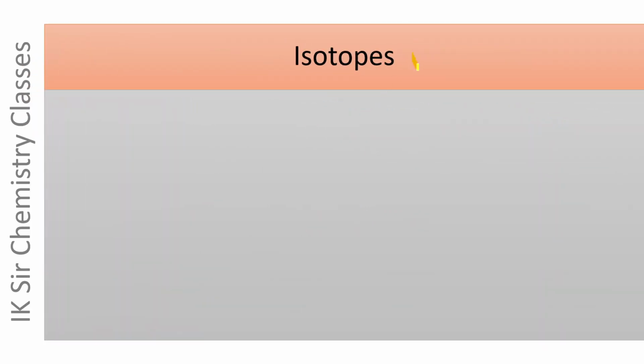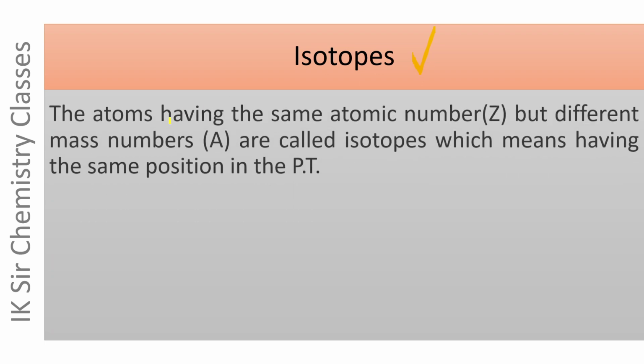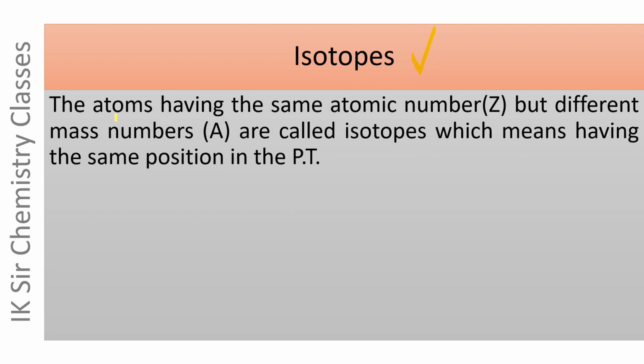Now the term isotopes. The atoms or the nuclides having the same atomic number Z but different mass numbers, that is A, are called isotopes. And isotopes means having the same position in the periodic table. The nuclides having the same atomic number but different mass numbers are called isotopes, and the isotopes have the same